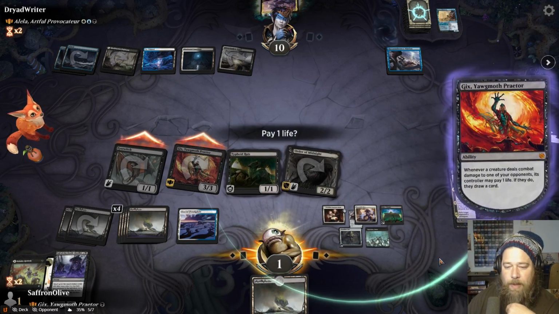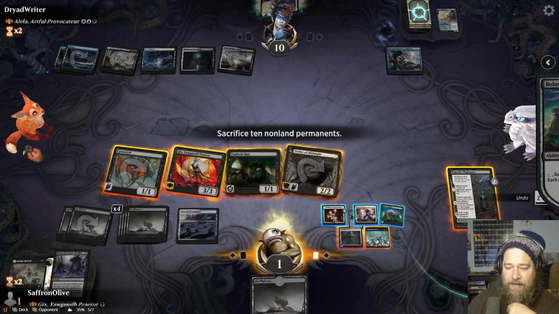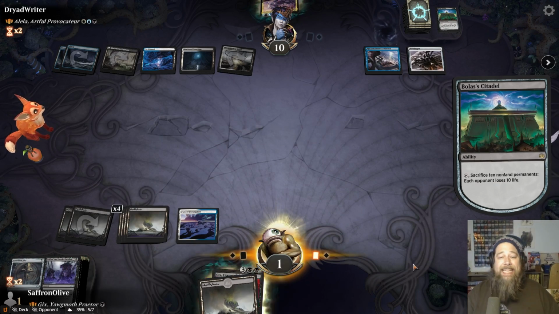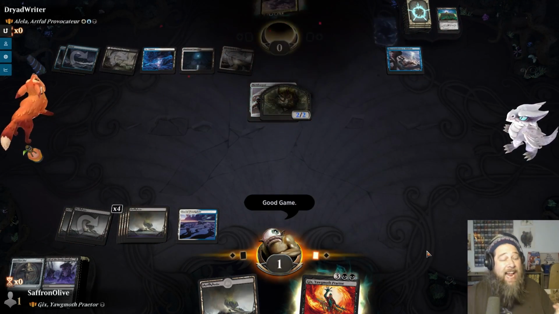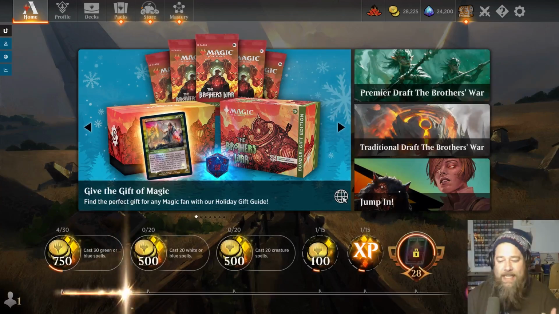But I think it's going to be worth it because of Bolas's Citadel. 5, 6, 7, 8, 9, 10. That looks like 10 to me. Yes, that is a good Gix win. We will decline. And at 1 life, with our opponent's Bolas's Citadel, the perfect example of what I was saying